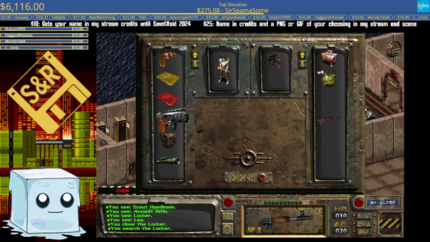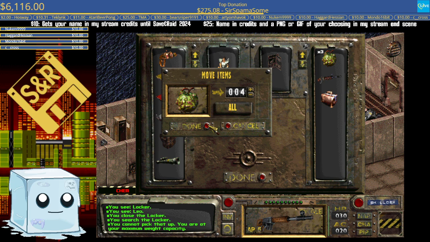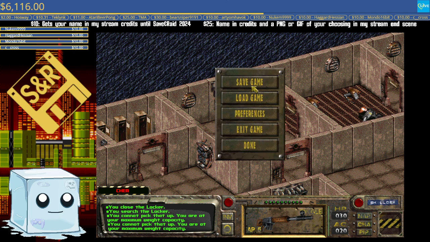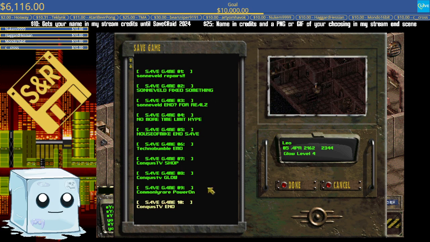There we go. Can I take this pistol back? Actually, can I take that? Yeah, can I take the pistol back? I can. Can I take the doctor back? No. Sure. Alright, well, I didn't get too much done, but drop a save